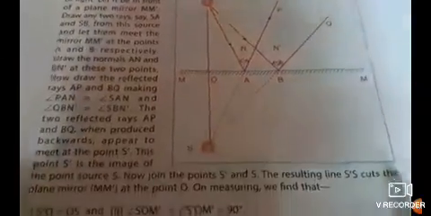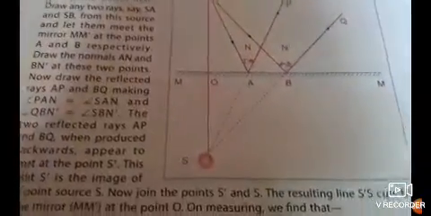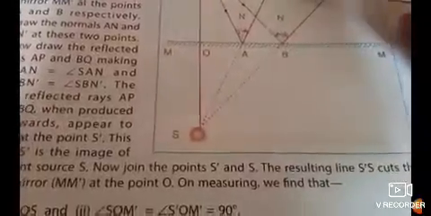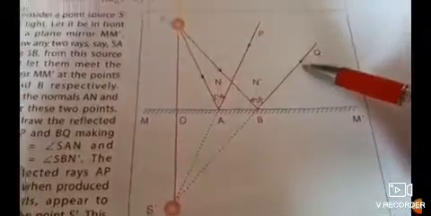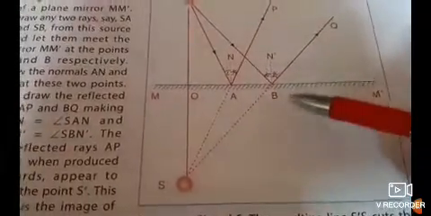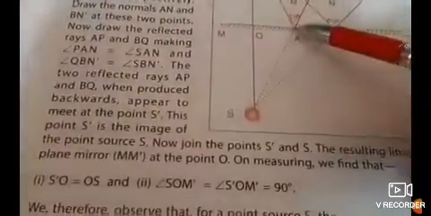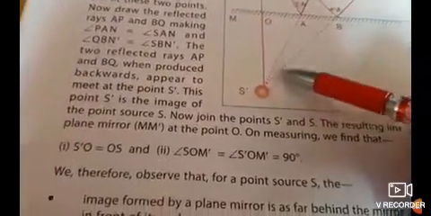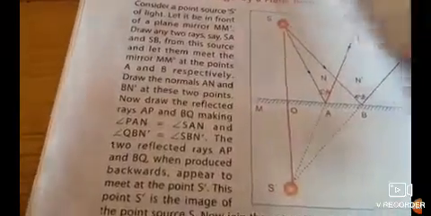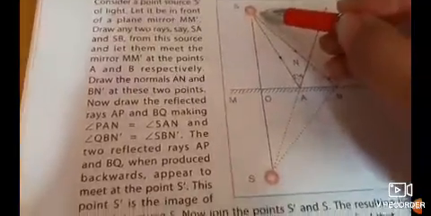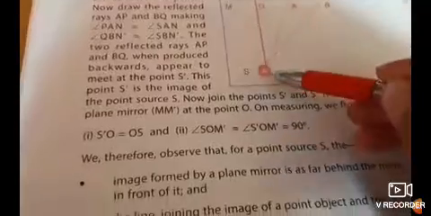Okay. Now what is happening is, let us observe these reflected rays. These are the reflected rays. AP, look at the arrow going away from the mirror, and BQ, this arrow going away from the mirror, striking the mirror and then returning. Okay, so those are known as reflected rays. Now with a dotted line, with a scale, you extend them back. They meet at a point here, which you are now calling S dash, and then you join S dash and S. Imagine this is your sharpener, the object, and right in front of it you were able to see the image. Remember in the morning?